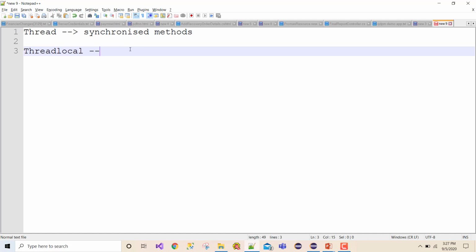When I say copy, what that means is it is stored in the form of a hash map, and we know that a hash map stores key value pair data, right? That hash map specifically is called thread local map. So this is the internal hash map to thread local, which stores the data in key value format.